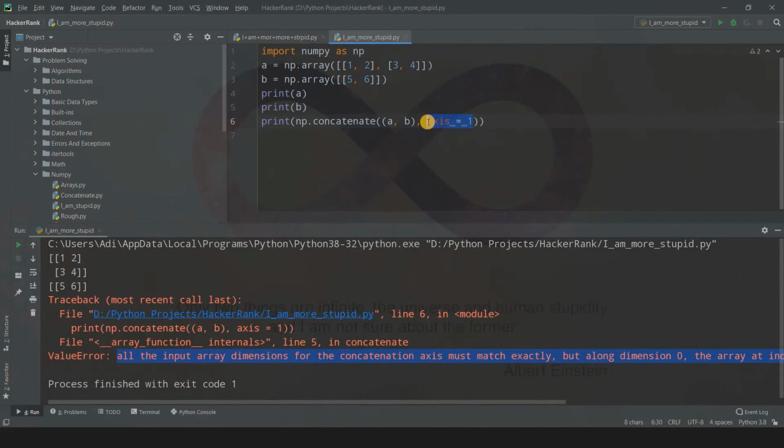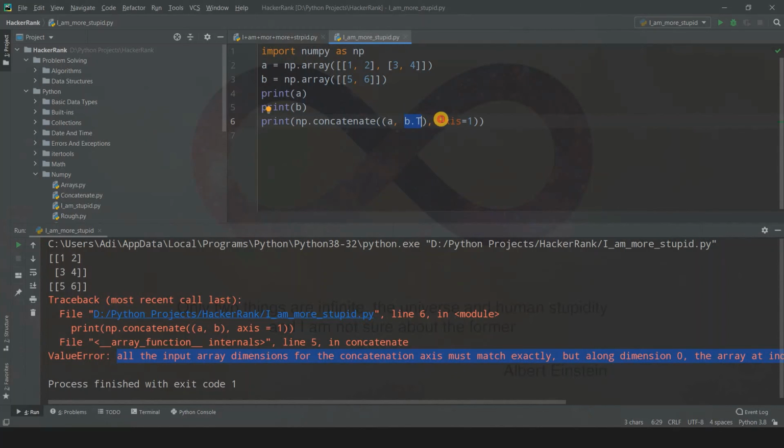So basically you cannot do this; you will have to take care of the axis along which you want to concatenate them. But say you have to do it, whatever happens, you have to concatenate them. Then you will have to change the dimensions of B, right? Because the shape of A is 2 comma 2 and the shape of B is 1 comma 2, but I want the shape of B to be 2 comma 1, right? So for changing that shape I can just use B dot transpose, or B dot capital T, or the transpose function. Now the shape of this array is 2 comma 2 and the shape of this array is now 2 comma 1 because it changed. Transpose means the shape changed from 1 comma 2 to 2 comma 1.